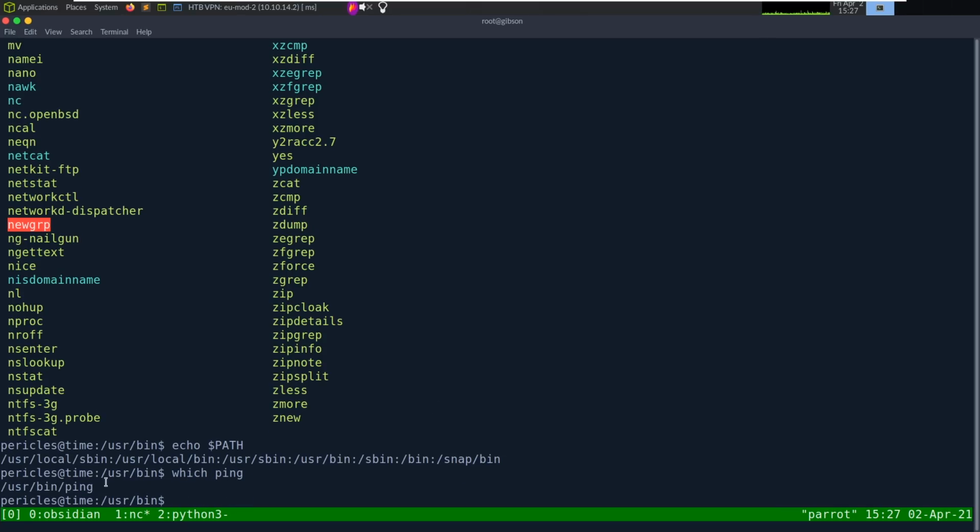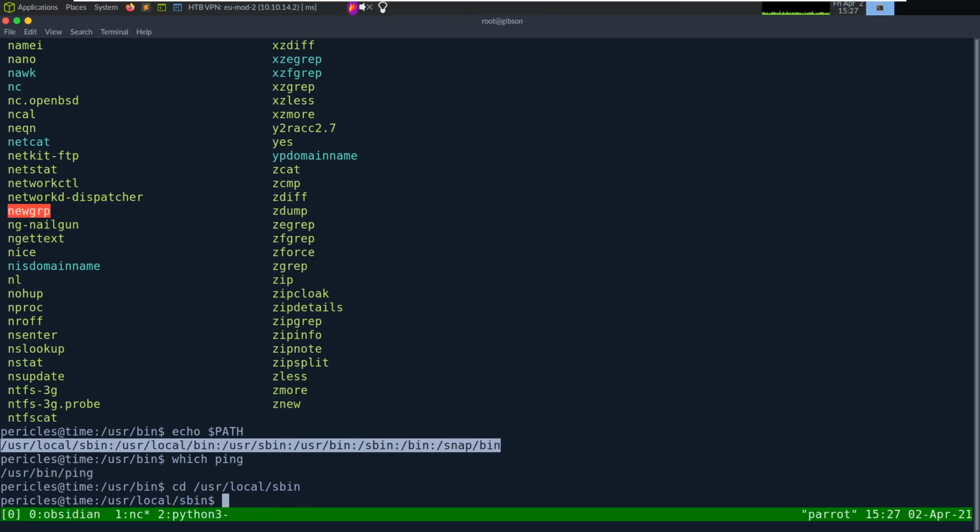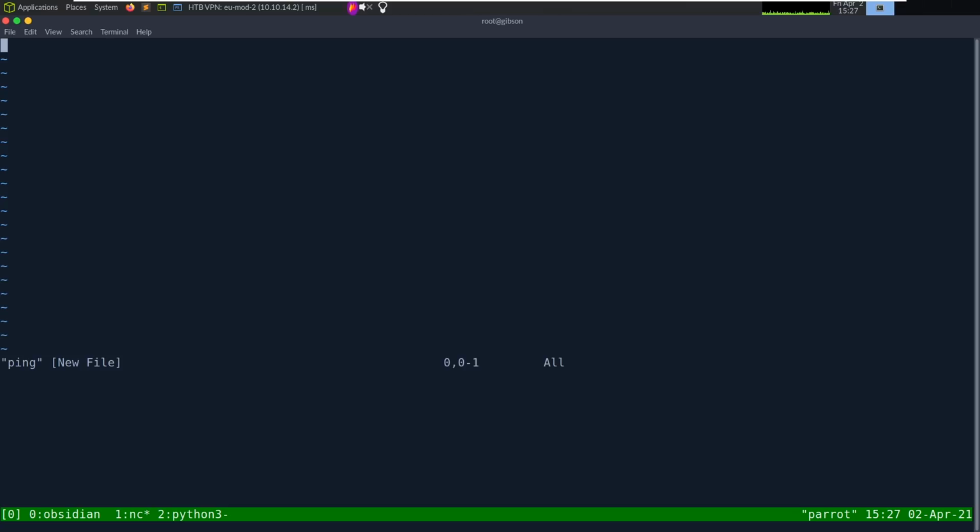So ping is in /usr/bin. So if I want to persist on this box, I may put a ping binary in /usr/local/sbin, and we can say vi ping, say it's a bash script, /bin/bash,